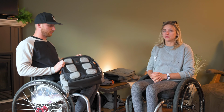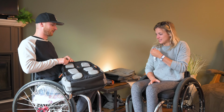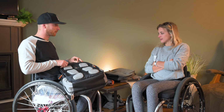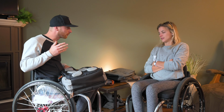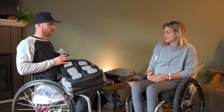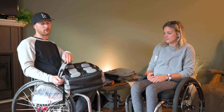Yes. Not sometimes, all the time, if it's heavy enough. So normally that's when we want something on our shoulders. So when we lean forward, you can transfer that weight a little bit further forward so it's not so tippy. So they have additionally added these shoulder straps that can quickly